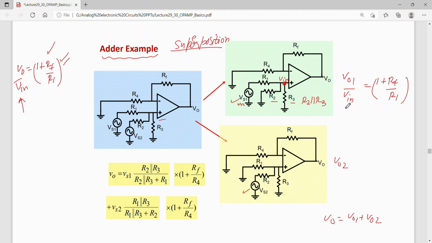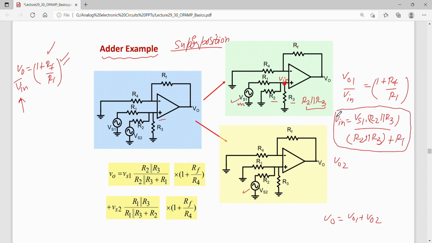Okay. So Vin using the voltage divider can be written as Vs1 times the drop on R2 parallel to R3, divided by R2 parallel to R3 plus R1. Right. Similar to what we had done for a common emitter amplifier configuration with voltage divider biasing. Okay. So in the same way one can find out